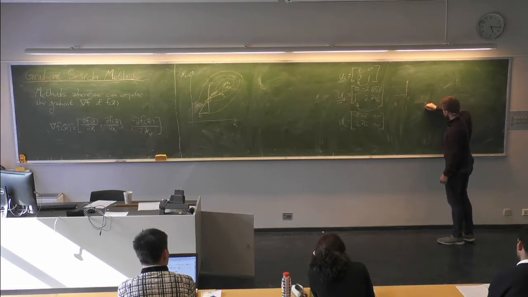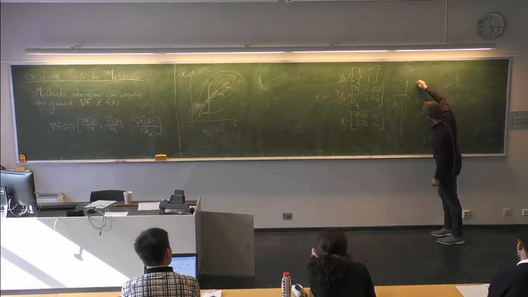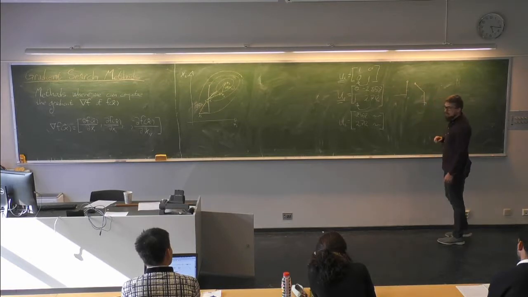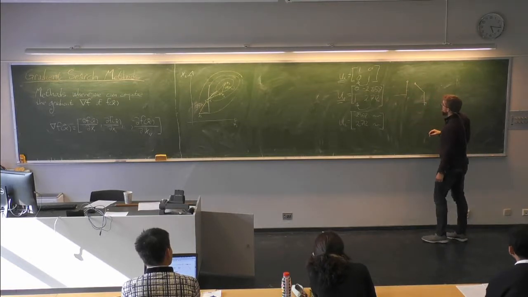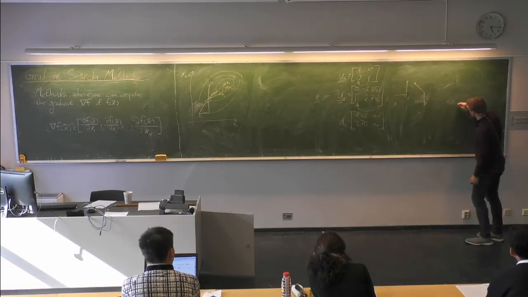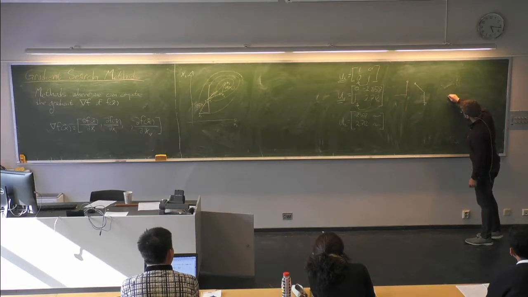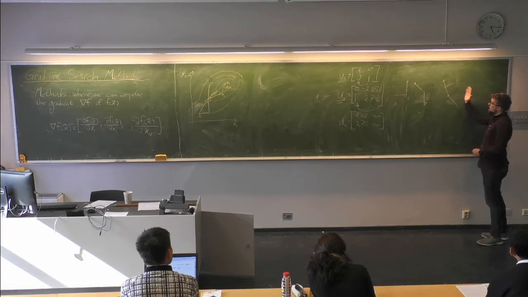Next we first search in up, and then in this direction, and then based on that, maybe we search more. Next one, we search first in this direction, and then maybe next time in this direction. And then you see it kind of narrows down, so we're just searching in one direction,